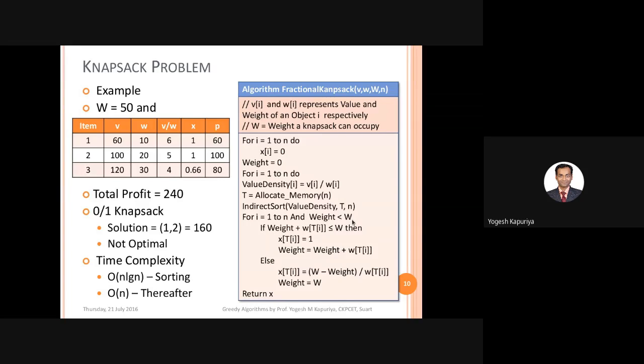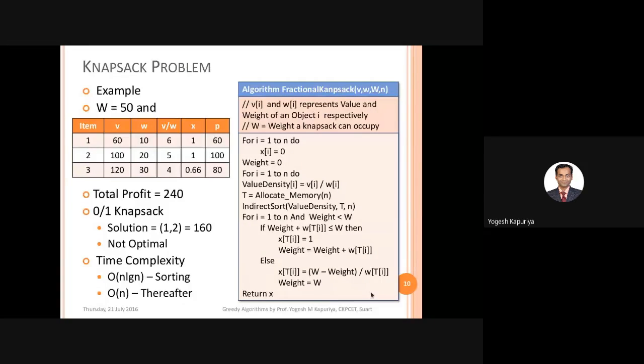Then you go inside this loop. Otherwise, you simply come out of it. Now you have some values of x, and that will be your output. So this is all about the fractional knapsack problem, which is very simple actually.